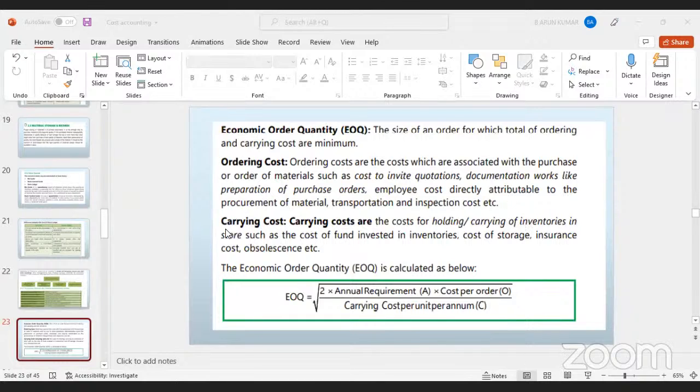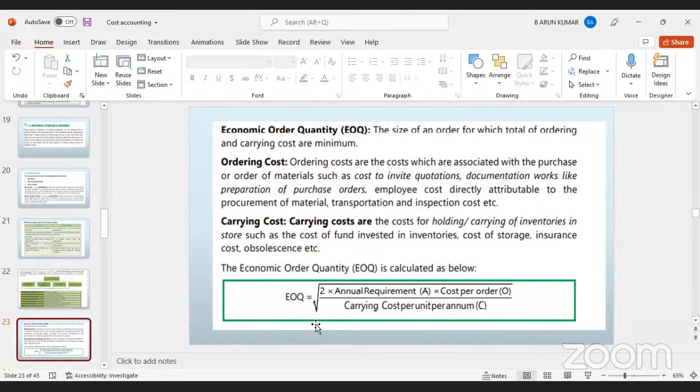Here we maintain the stores material in the stores department. For that department we pay the stores employees, and we take insurance. So there are different types of costs. This is called carrying cost. And the formula for that is